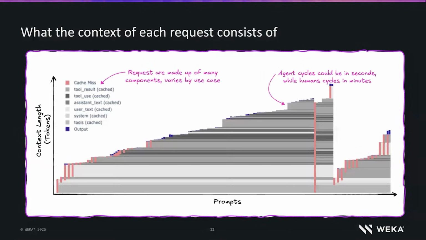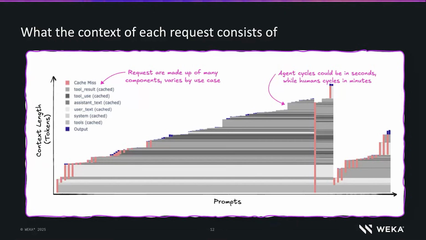If we go into this in a little more detail, the question I often get is: if that's a lot of gray, what is it made out of? Here I'm able to get the data and look at individual prompts and what actually makes them up. When you look at agentic data, especially agentic coding, the actual user input is only a really small part of it. You can see it visually: if you scan across the lighter, whiter colors, the system prompt and the user text itself,